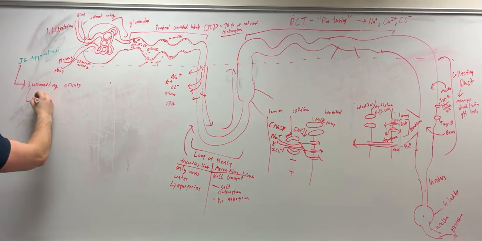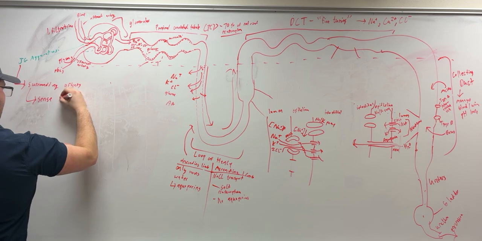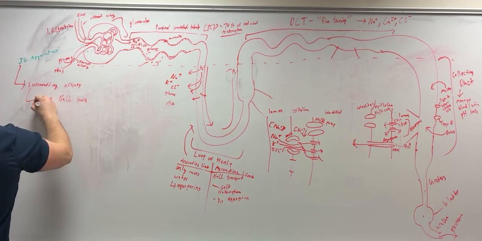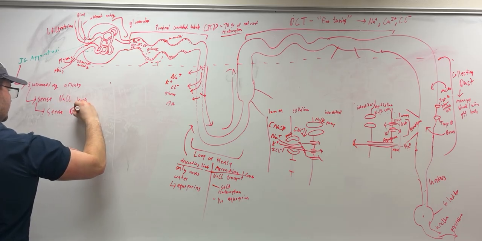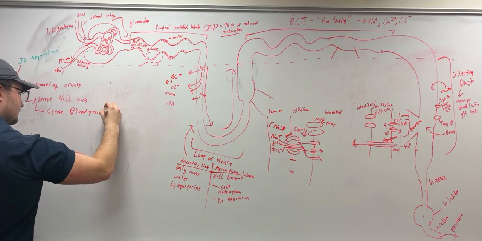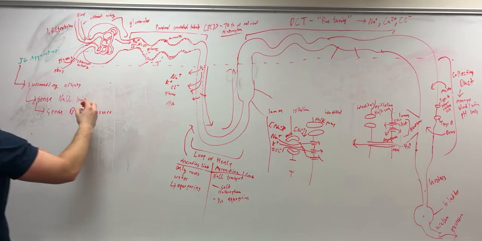And its main functions are going to be to sense salt levels and to sense blood pressure. And so the portion of the JG apparatus that does each of these is the macula densa,